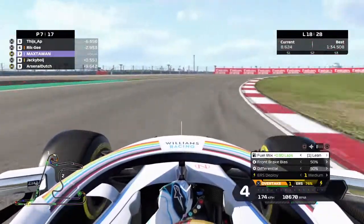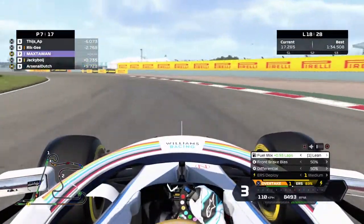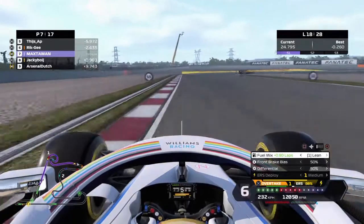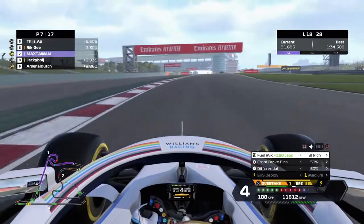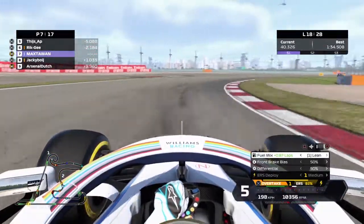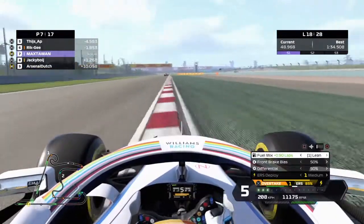Into turn 1 here. I'm going to try to set a fastest lap. Of course, you're going to try with mediums for the extra point for the championship. I already have the fast lap, but of course you want to be sure you have it. I've won half a second already in the first sector, so that's good. It's basically a win-win situation, setting fastest lap and closing in on guys. That's always the case with setting fastest laps, I guess, or closing down